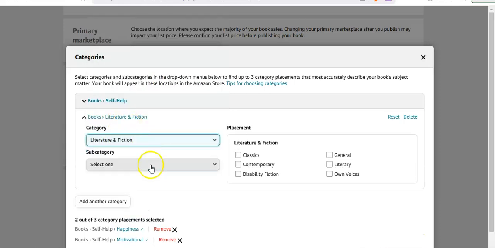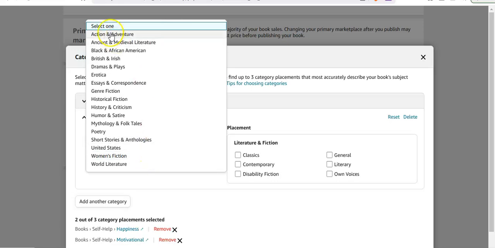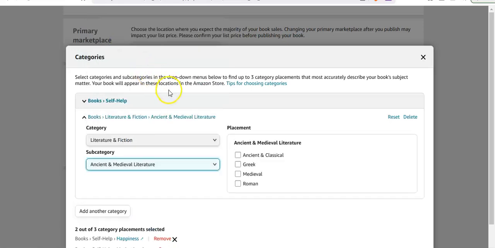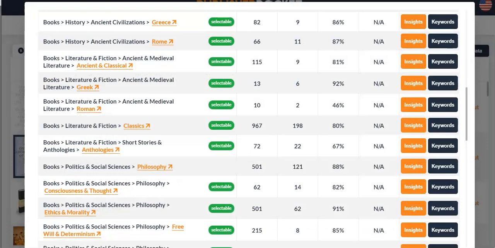Literature and fiction, ancient and medieval, Roman. Verify. Roman.